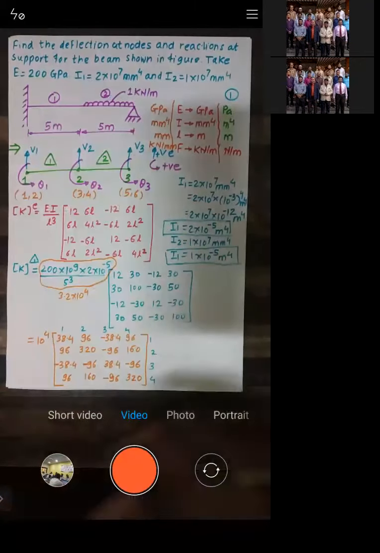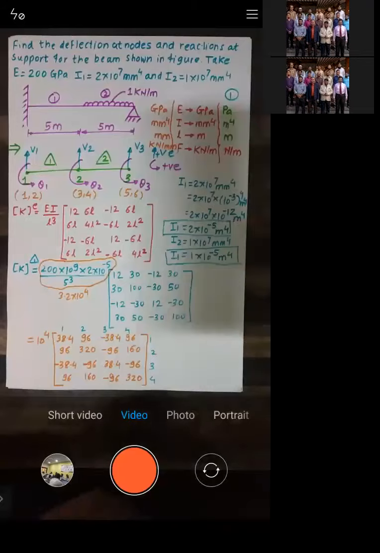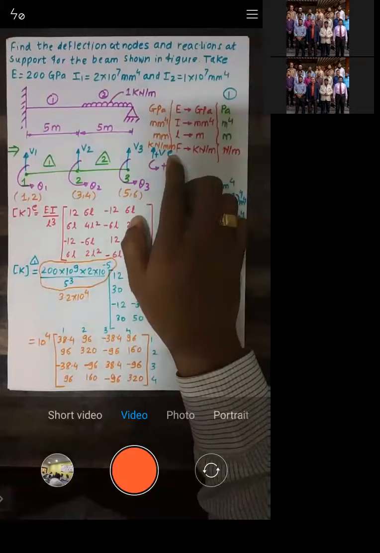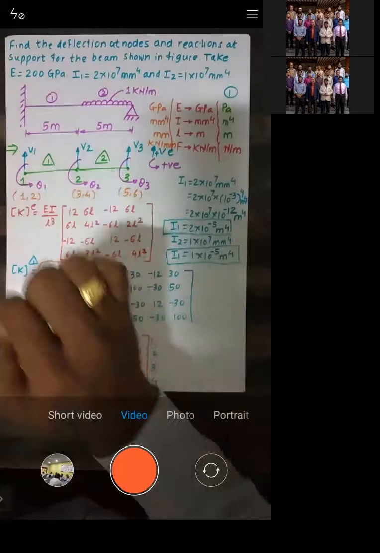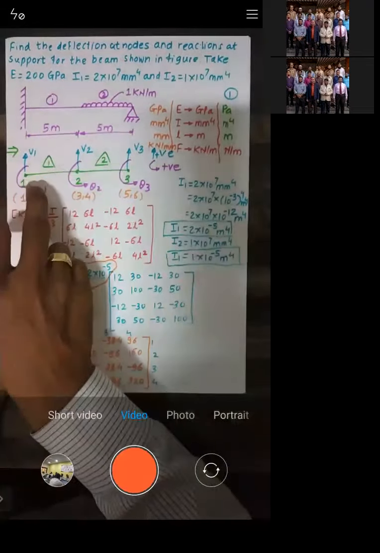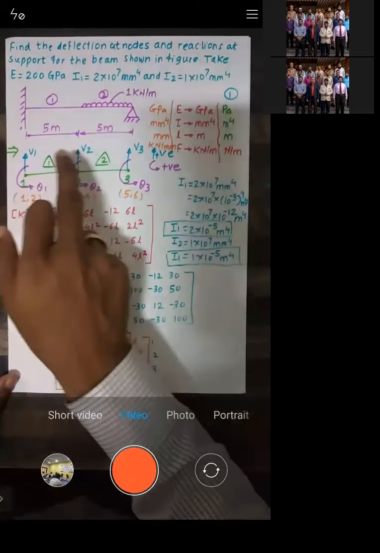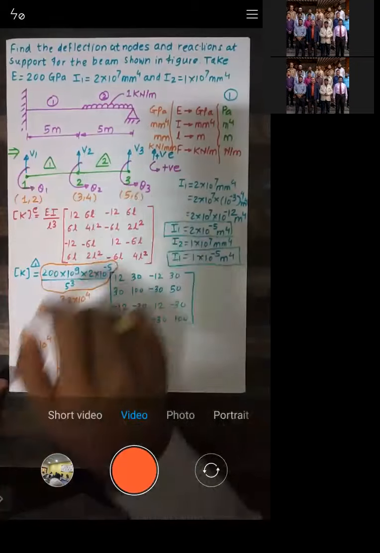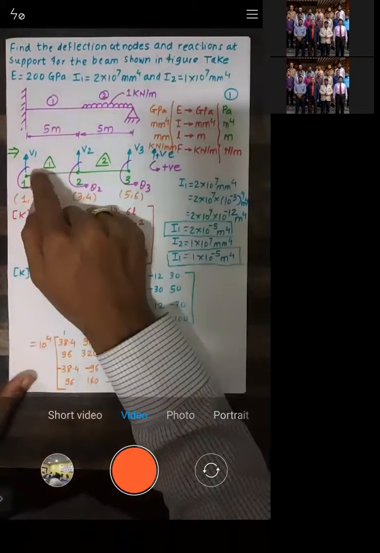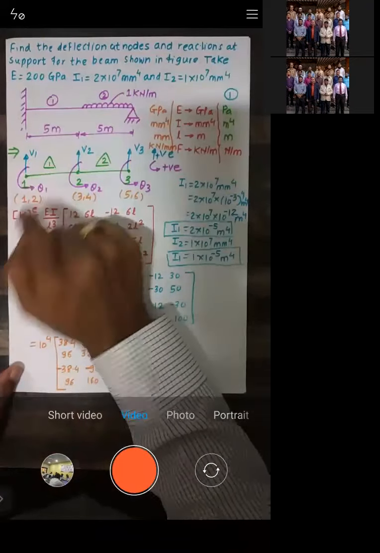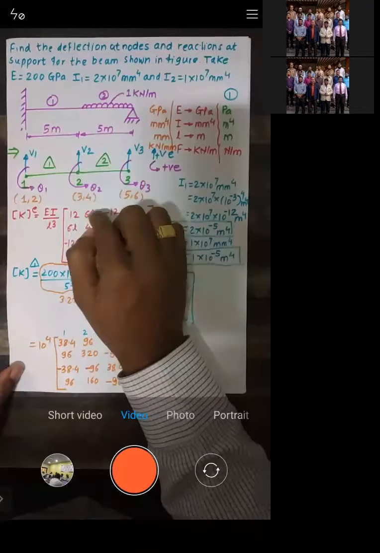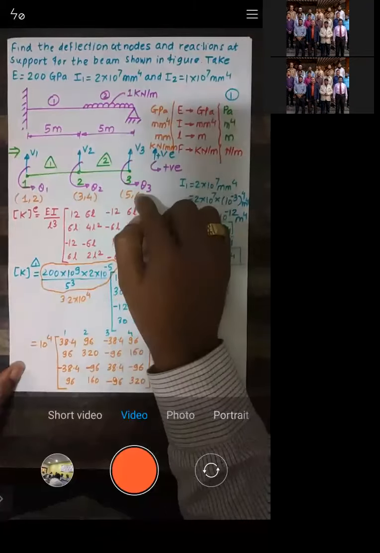In order to start with the problem, as I told you, the convention we follow is that every linear displacement upward is positive, and every angular displacement in anti-clockwise direction is positive, right? So v1, v2, v3 are the linear displacements in vertical direction at node 1, node 2, node 3. Similarly, theta 1, theta 2, theta 3 are the angular displacements at the nodes. Every node will have 2 degrees of freedom, one linear and second angular. So 1 indicates v1, 2 indicates theta 1, 3 indicates v2, 4 indicates theta 2, 5 indicates v3, and 6 indicates theta 3.